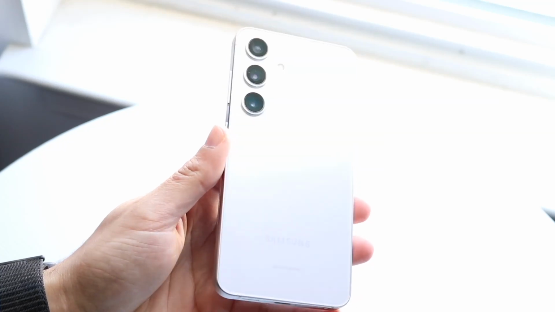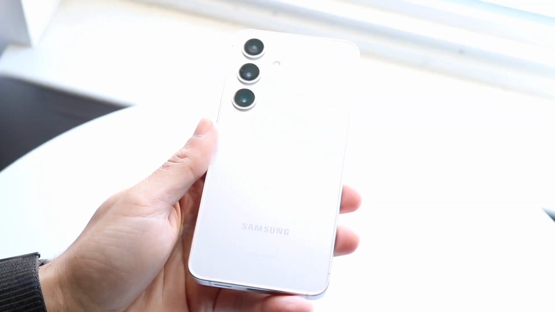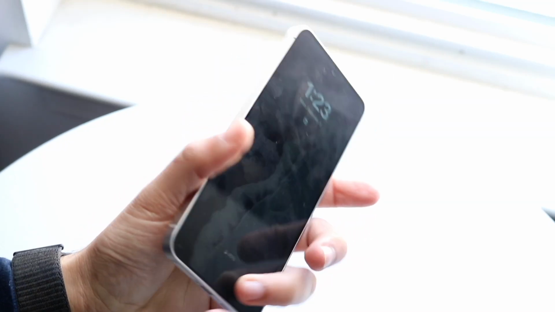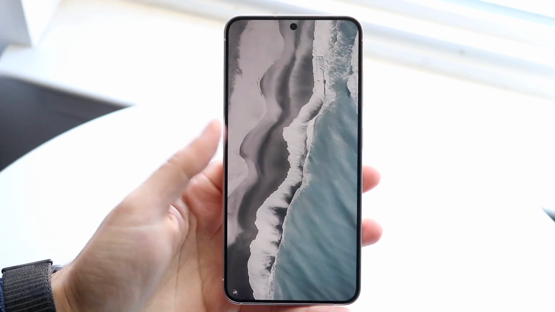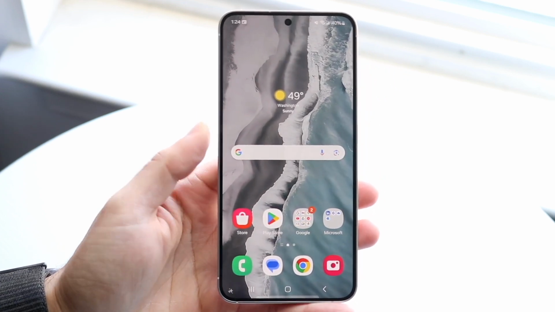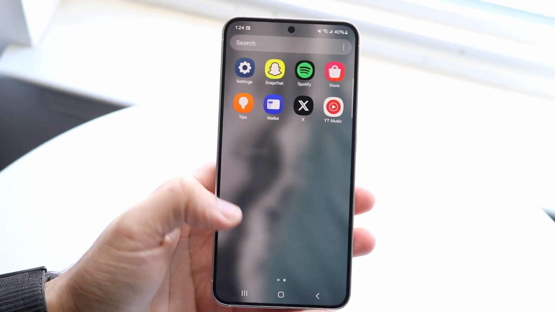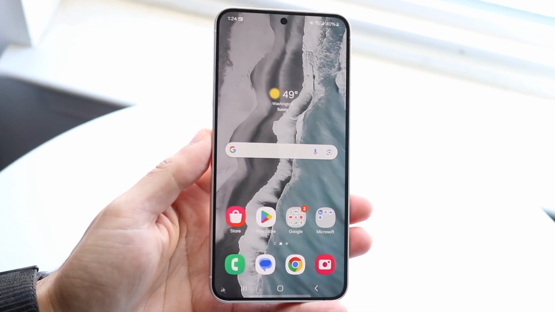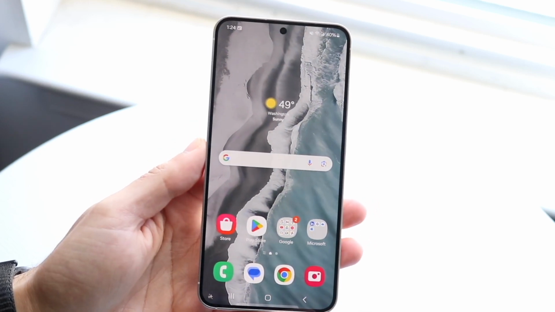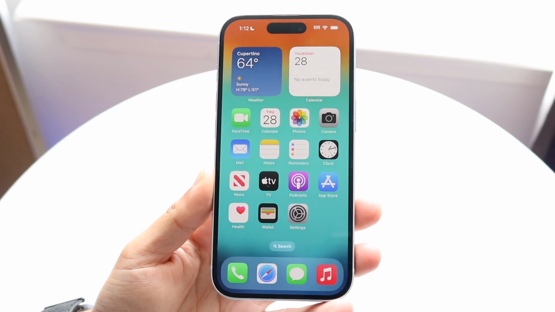So One UI 7 is going to be announced very, very soon, and I wanted to break down some of the features that One UI 7 is rumored to have and compare it against iOS 18 and see what features overlap, see what changes there are, and some other things across the board. Now, the first thing is that AI is going to be at the heart of One UI 7,